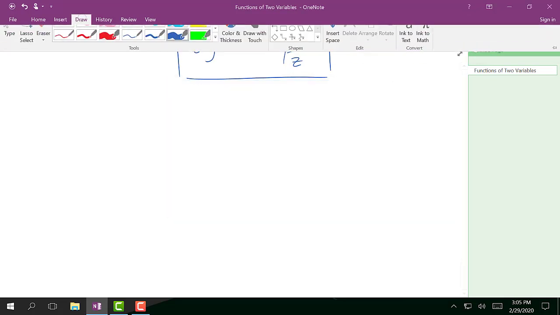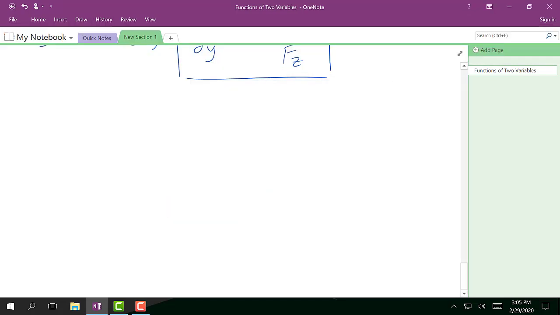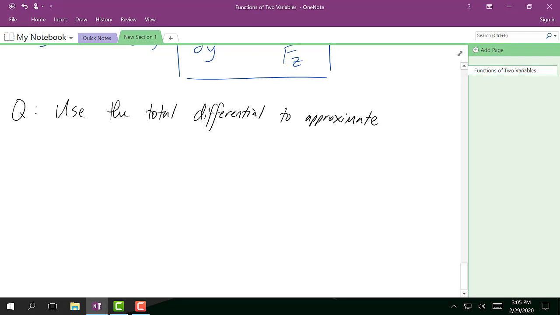Okay. So what we're going to get is, for example, this question. Use the total differential to approximate this value, the square root of 2.98 squared